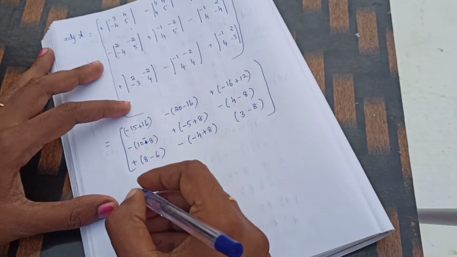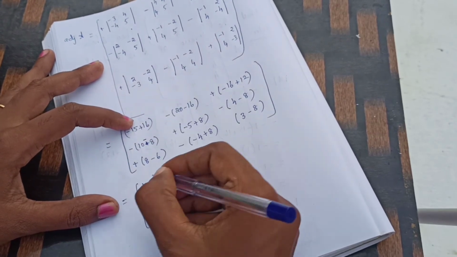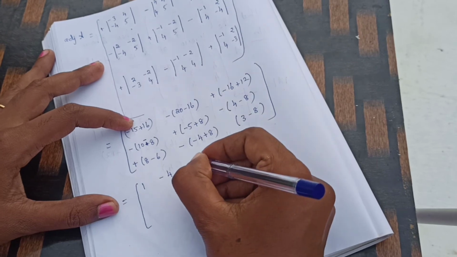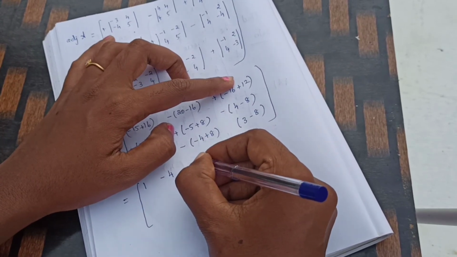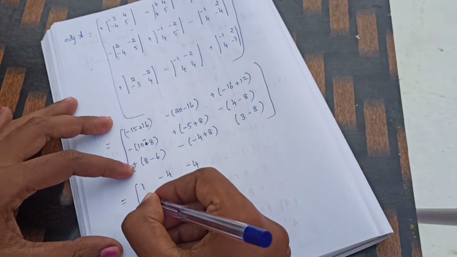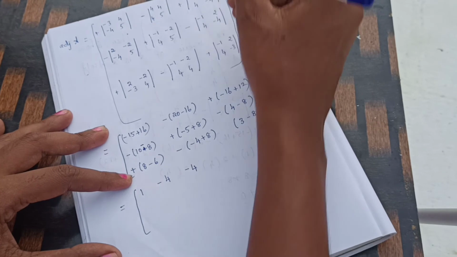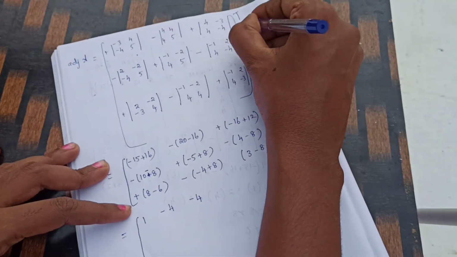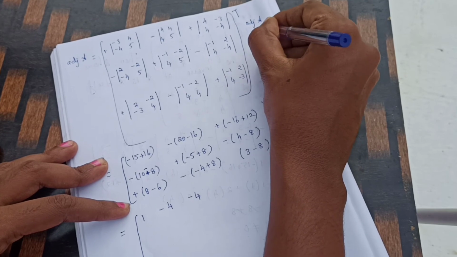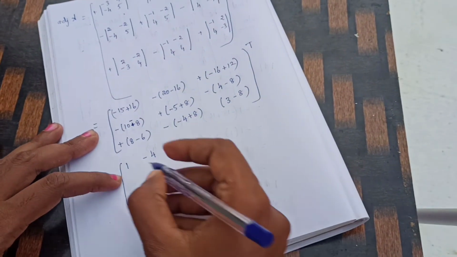Okay. Then that's equal to, next one, what will happen? 1, then minus 4, then minus 4. Is it right? Minus 4. Correct? Then next one is, yes, we are finding adjoint of A. Is it right? So before that you write one line. Adjoint of A is equal to Aij the whole transpose. So the transpose symbol is a must. Okay. It's transpose. So next one.